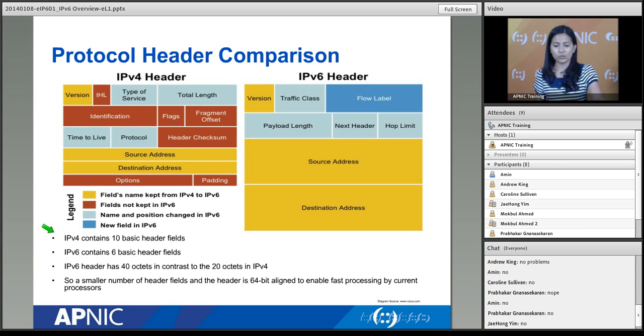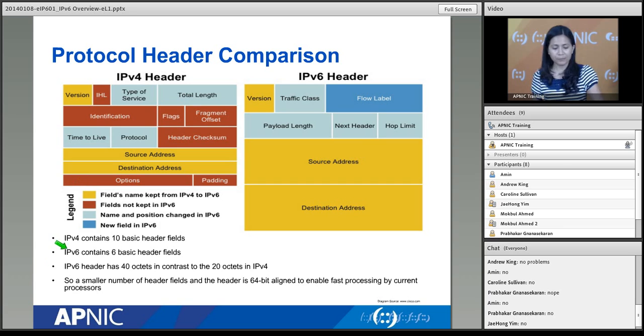We have 6 basic header fields. In IPv6, we're using 40 bytes or 40 octets, but it is fixed size. In IPv4, we have 20 octets or 20 bytes, but that is the minimum. If you add a lot of things on your options field and everywhere else, it has a tendency to grow bigger. So every time, your machine, your router will have to process and compute the size of your packet itself. In IPv6, we don't have that because again, we're using a fixed 40 octets as our header size.